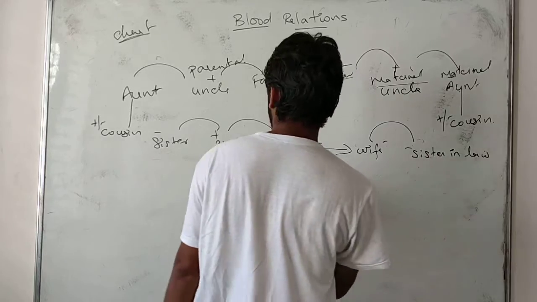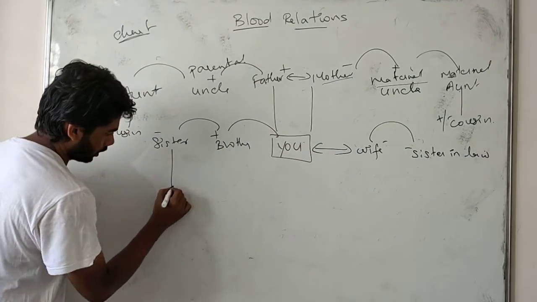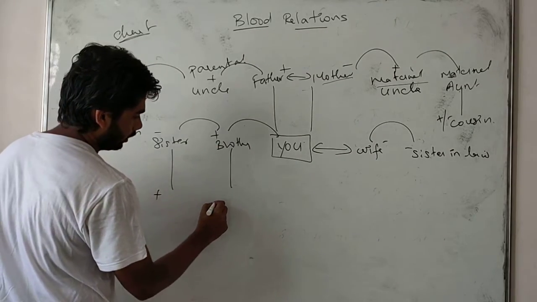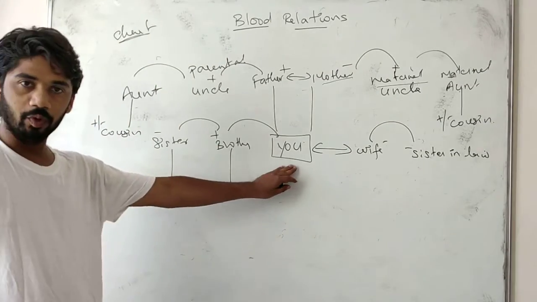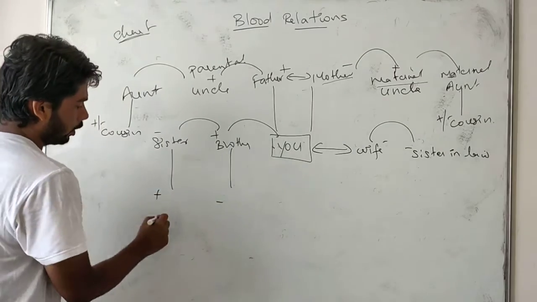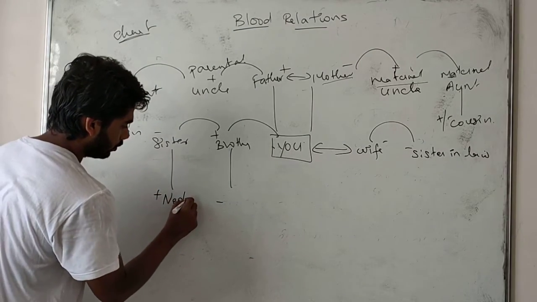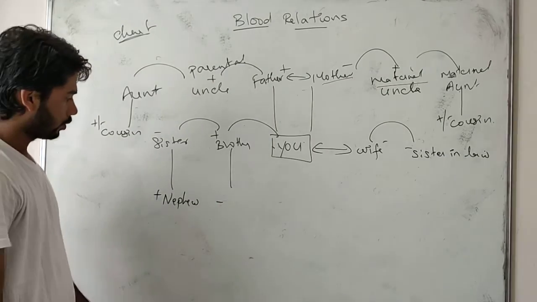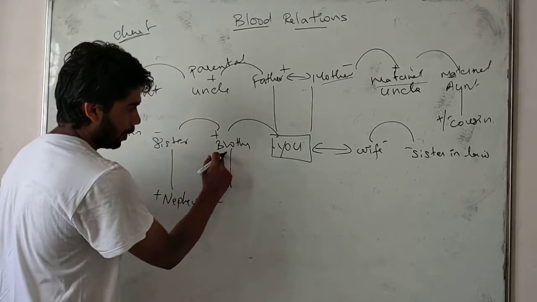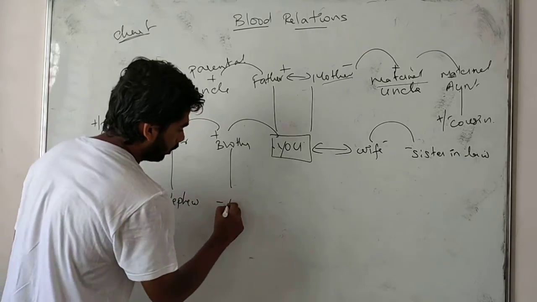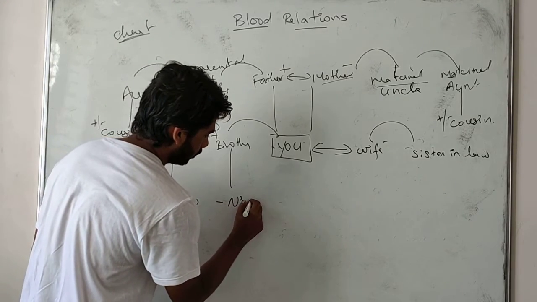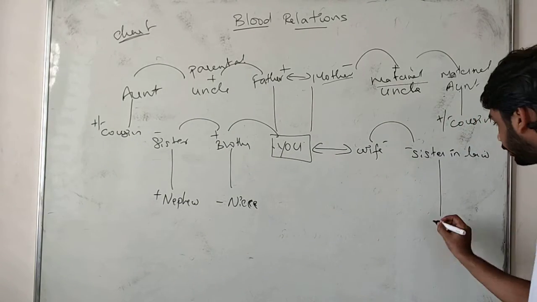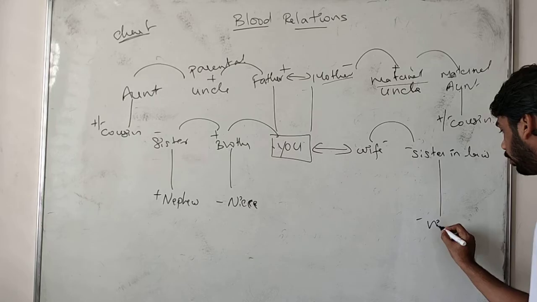Okay, sir. Now next one, you are there. Your own sister is there, and your own sister's son is there. Or your brother got married and he has a daughter. So what will you call them? From you, he will be called nephew. For you, your brother's or sister's daughter, you will call as niece. Okay students, got it? Now see this also same. Niece, I will take it as niece.